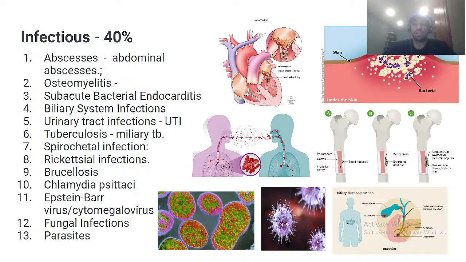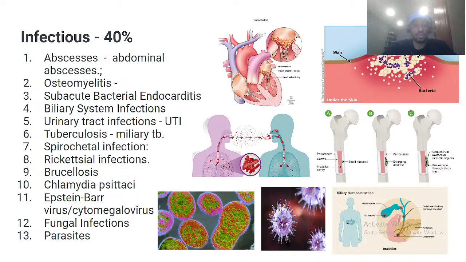Also, biliary system infections. For example, sometimes the patient can even have cholangitis or any kind of biliary system infection, but without showing any kind of symptoms such as upper right quadrant pain or tenderness. Also, regarding UTI, which is urinary tract infections, the patient can have a UTI but not show any symptoms such as dysuria and pain during urination and so on.